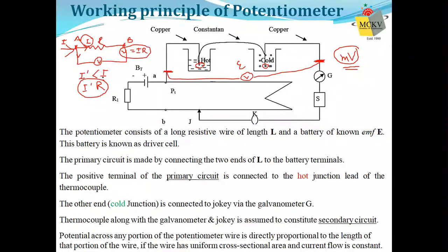When we need high precision values, we just cannot use a voltmeter, because the voltmeter itself is drawing a current. The current that was initially flowing through the resistance, due to which there was a potential drop, decreases because the voltmeter is connected in parallel. In other words, the voltage also decreases. So the measured voltage is less than the actual voltage by a small amount, but that is an error. So what to do? In that case, we will connect a potentiometer.